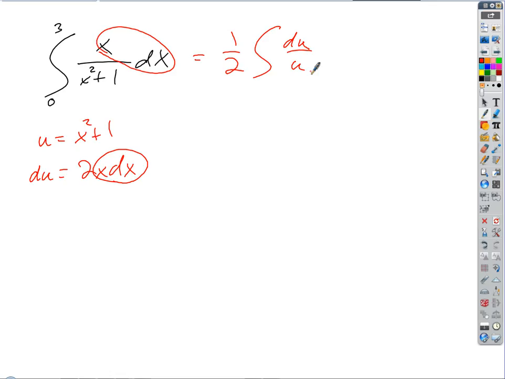But it's a definite integral, so what do we do? You have to change the limits according to u. The bottom would be 1, and the top is 10. And so this looks like then